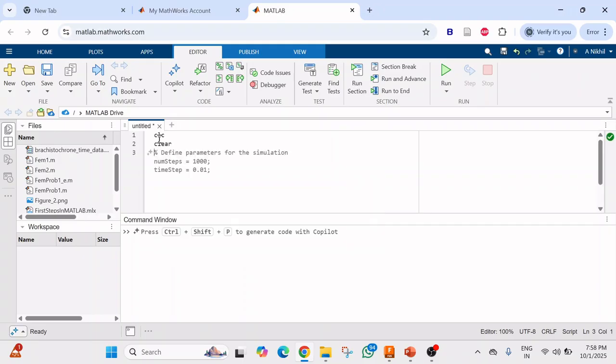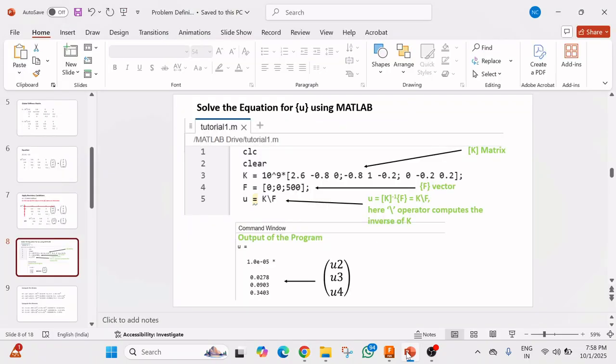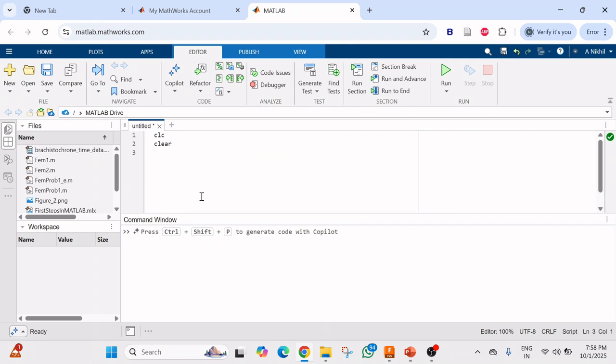The clc will clear the command window, and clear will clear the memory for us. And then we have the stiffness matrix, so that it will be K is equal to 10 power 9 asterisk, and now you are going to enter the matrix values,